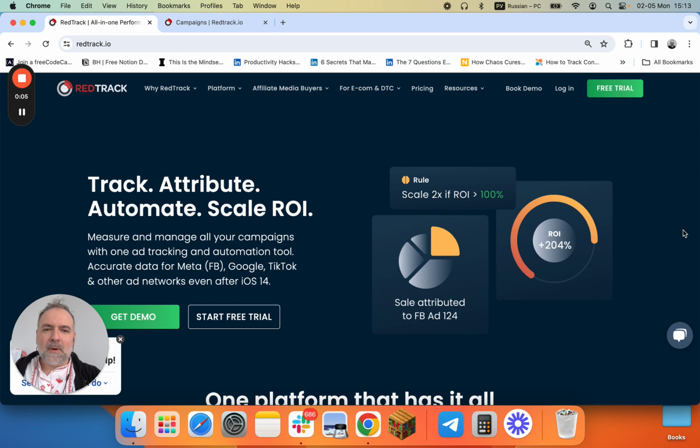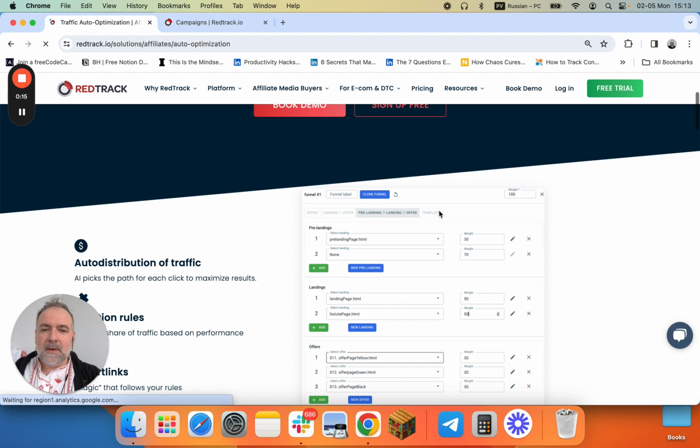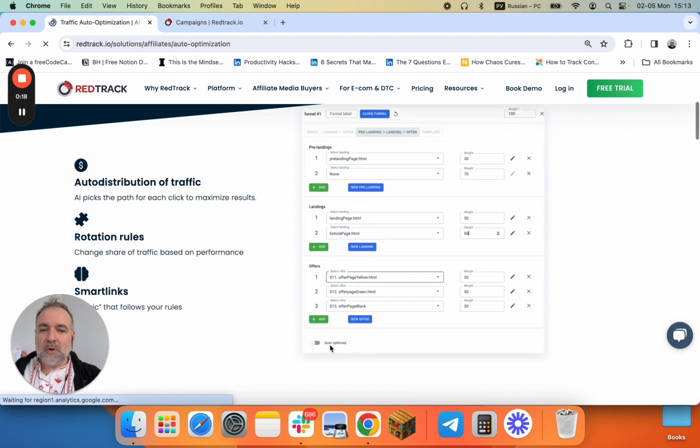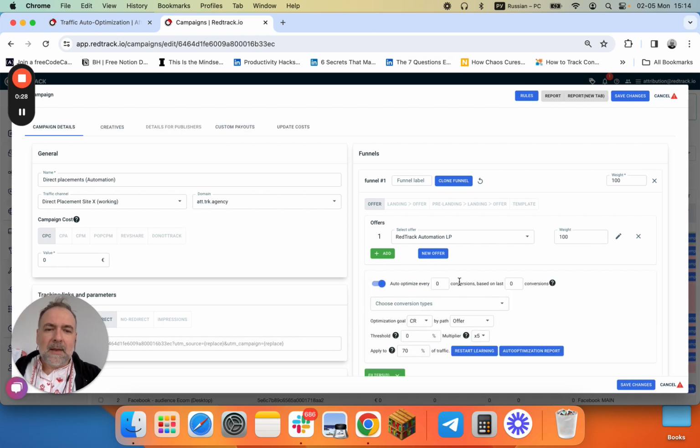Today we'll talk about one of the most mysterious features that we have, and that is auto-optimization. You see, it's so hidden that even on the screenshot we don't show it. It's off. So let me jump into our UI, show you this feature on, and explain what it is, how